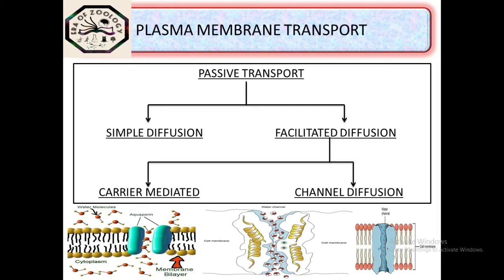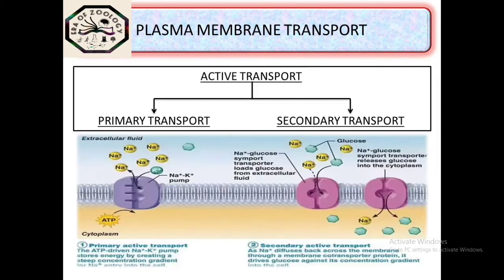Suppose, there are also some other proteins that help in this function. Here the membrane protein will attach with molecules like sodium ion, and the sodium ion will pass through the channel protein, I mean some protein channels, and will be exposed outside the cell to maintain the density gradient.